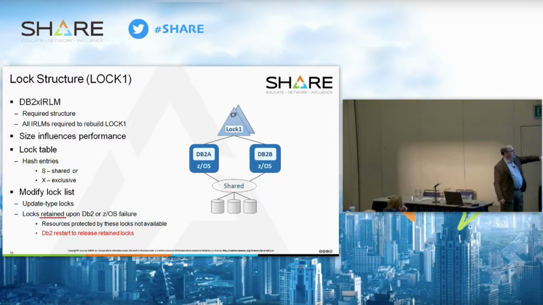is made of 2 parts: a lock table, which has little entries just to indicate whether the hash class is shared or exclusive. And then there's a modified lock list where I have a lot more information about update type locks. The reason this is important is if I'm busy updating my salary record, right, and increasing my salary by